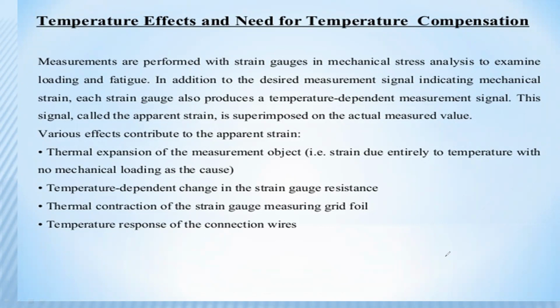Okay, next, thermal contraction of the strain gauge measuring grid foil. So for the thermal contraction, there is a grid foil placed in the strain gauge. Already I will explain what a strain gauge is and what the constructional details of the strain gauge are. Suppose you can see that strain gauge. These are the leads of that strain gauge. And next one,